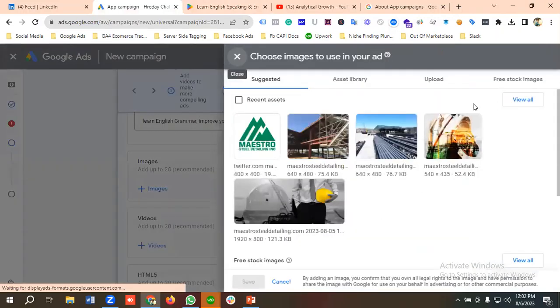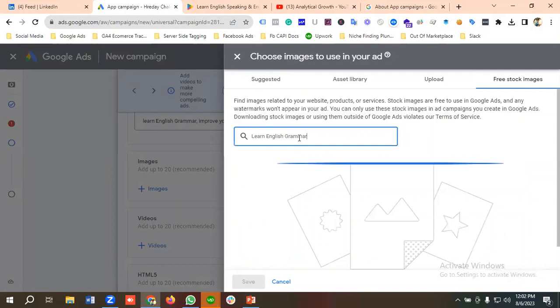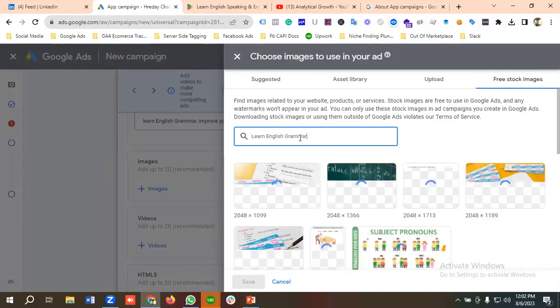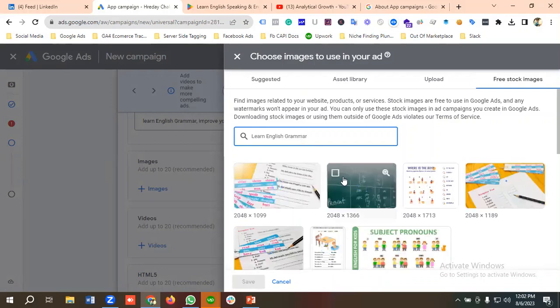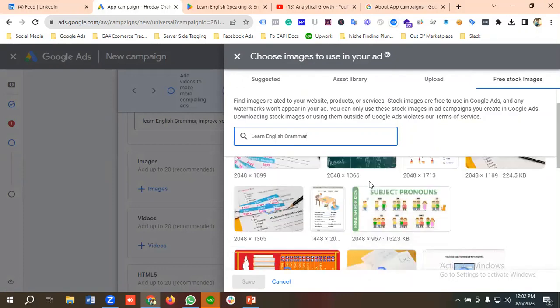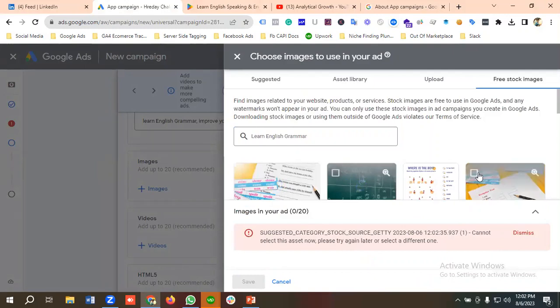So I'll click on images, and if you don't have any image, then you can go to the free stock images, and if you search for your app, like learn English grammar, then you will get a bunch of image ideas, so you can use those images from here. Like I'm using this one, this one,